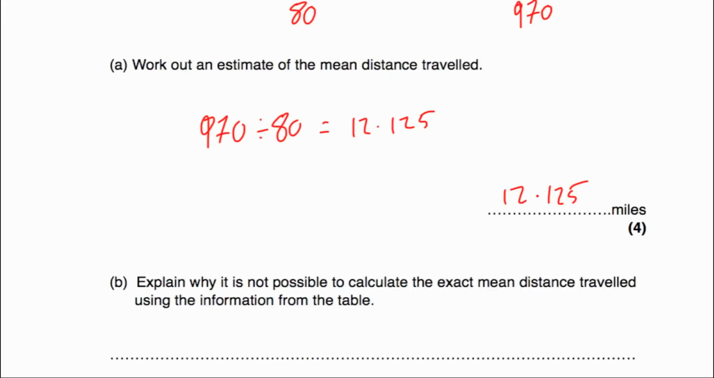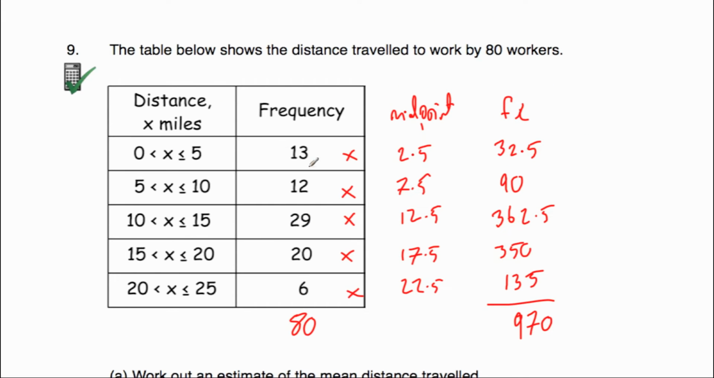from the table. Well, if we look at the table, we had 13 people who travelled between 0 and 5 miles. We don't actually know how far those people travelled. All 13 of them may live 4 miles from work exactly. They may live much closer. They may live just beside the workplace and travel 0.1 mile each, or they may be all spread out,